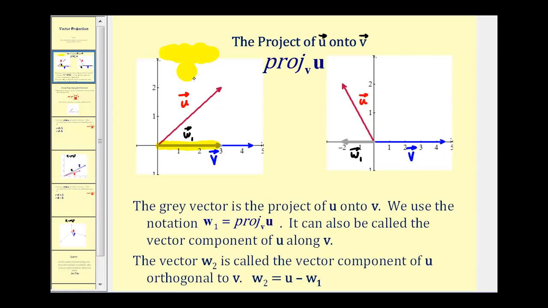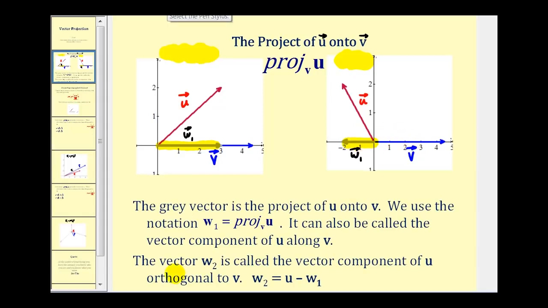We can also think of the projection as the vector component of u along v. Looking at the second diagram, if we had a light up here and projected vector u onto vector v, this light would produce a shadow in the opposite direction of vector v. Again, the projection would be this gray vector here, vector w sub 1. So the projection doesn't necessarily have to be in the same direction, but it would be a scalar multiple of